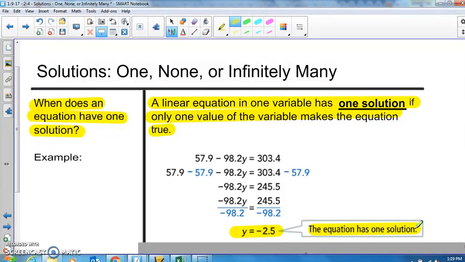There is one answer that makes that statement or that equation true. So that's what you have always worked, okay? So this part should not be anything out of the ordinary. A simple example of that would be like x plus 7 equals 9. Every single one of you can understand